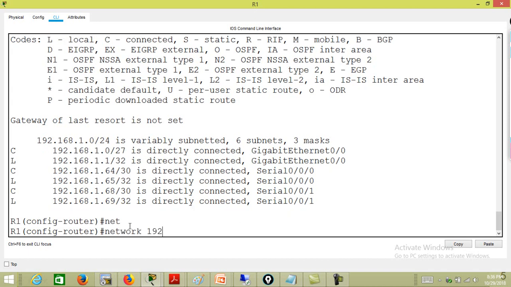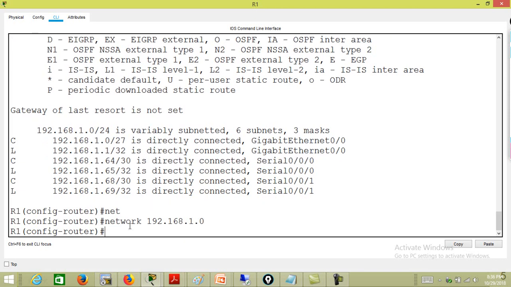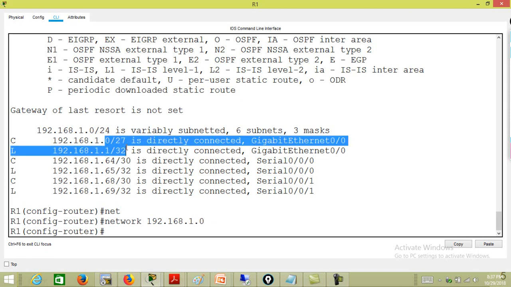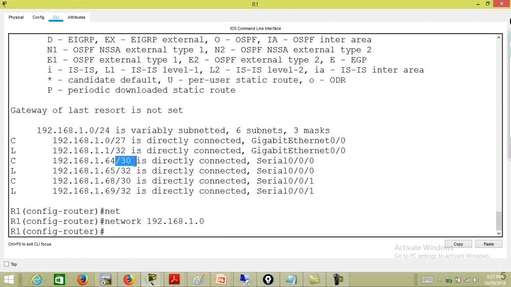So I do 192.168.1.0, and I said with RIP you advertise them in their classful manner. Here we have advertised .1.0, and it will cater for all these /27s, /30s. I said in an exam environment, if you type, say, the specific subnets, yeah, in fact,